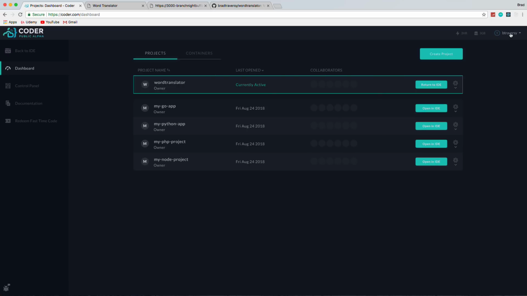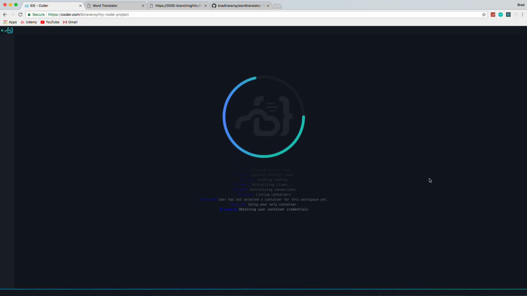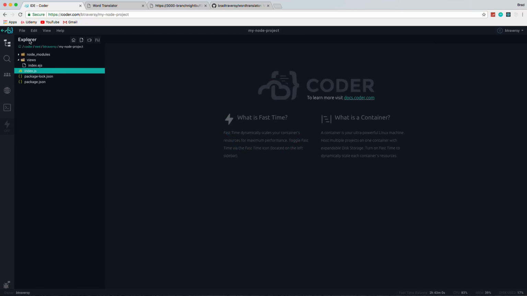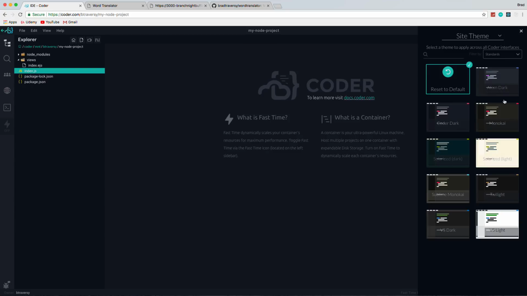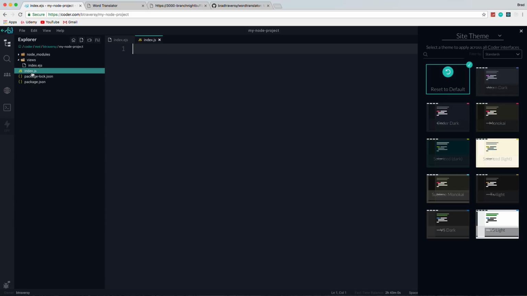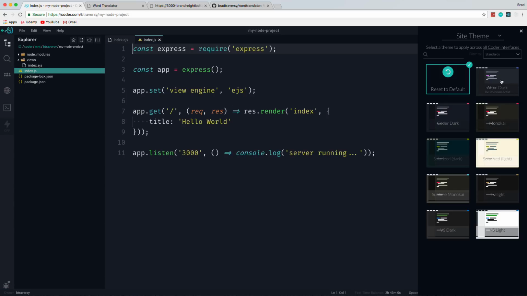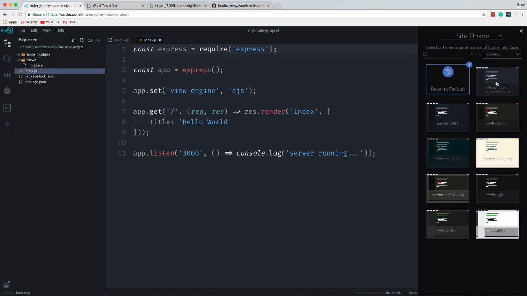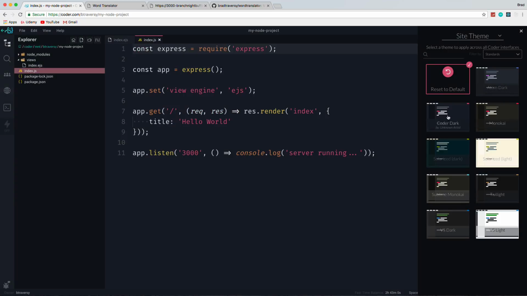Oh, another thing I wanted to show you guys real quick is how you can change themes. So I'm just going to go back into, let's go into the node project. Doesn't really matter. And let's see, we want to say view, custom themes. And if you don't like the default theme, let me just open up a file here. No, I want to open up this one. So that's the default. We have Atom Dark. Okay, so that's that. We have Coder Dark,